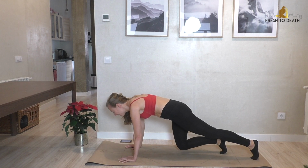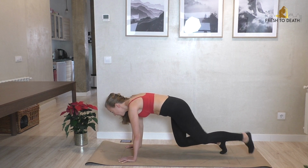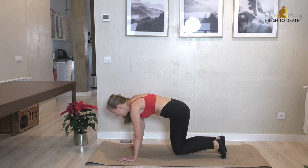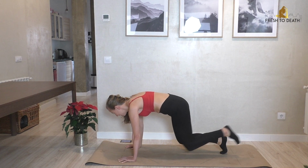Left leg this time. We touch back and in. Touch and in. Don't let that right knee lift up any higher. Here's 4, 3, 2,